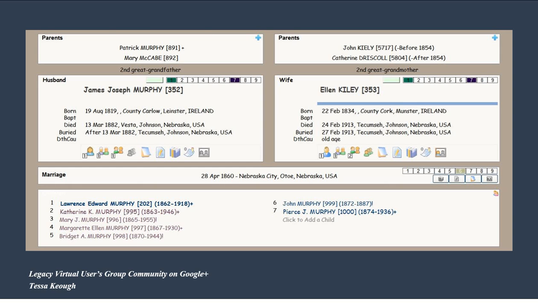You remember James Murphy and Ellen Kiley. Well, today we're going to be using one of my Murphy families to make a few points about abbreviations. I know that James was from County Carlow and Ellen was from County Cork. My father's side of the family is 100% Irish, so the towns, when I have them, the counties, the provinces, and the countries are important. My Murphys also emigrated to the United States, so it's important that I list the towns or cities, counties, states,